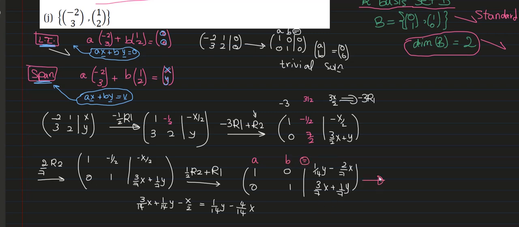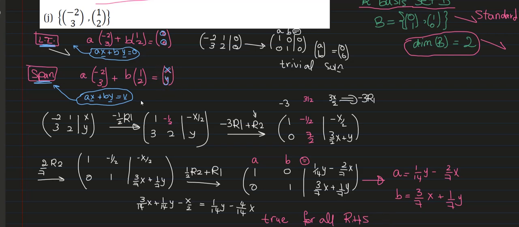So I can read the solution as a equals 1 over 14y minus 2 over 7x, and b will be equal to 3 over 7x plus 1 over 7y. And we will say that for all right hand side, these solutions or these values are true. They are true for all right hand side, because x and y here that we used were belonging to all